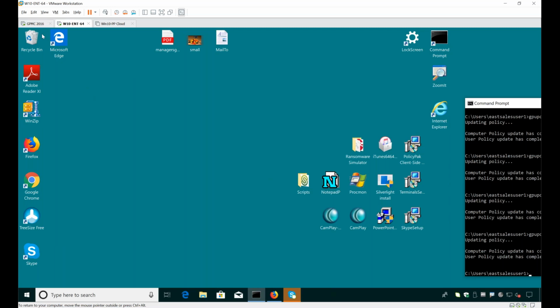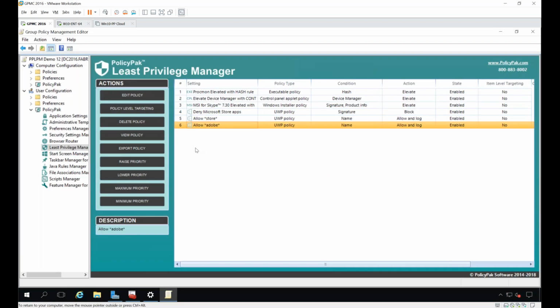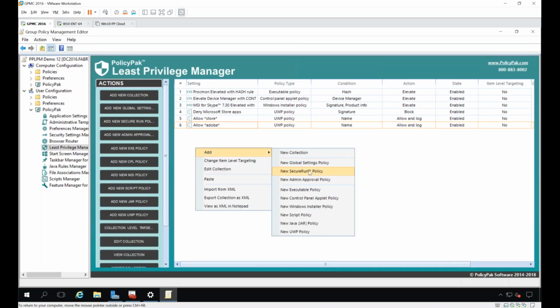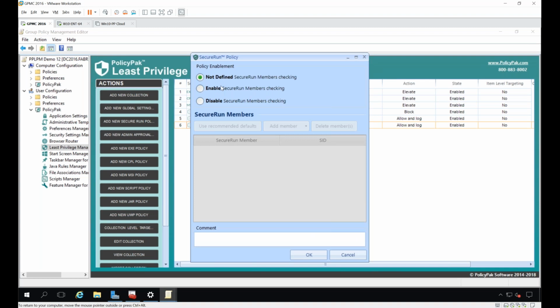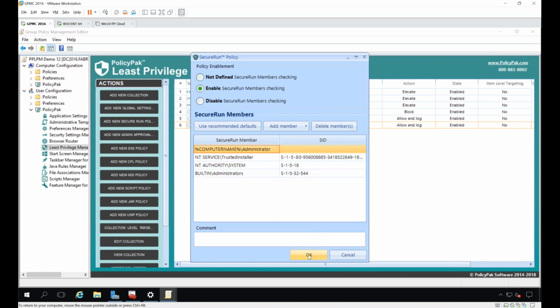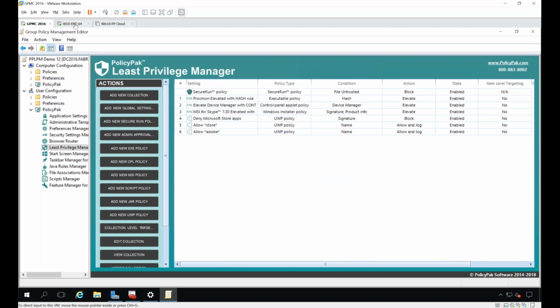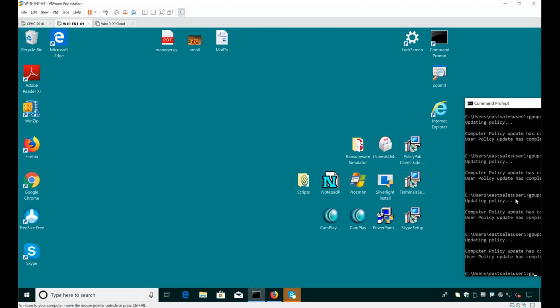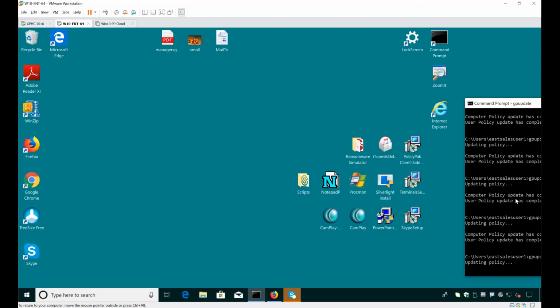Well, I'm going to show you how to do that in about one click, and I promise to explain how it works second. We call this secure run policy here. So I'm going to go ahead and enable secure run policy, and I'll explain how it works in a second. Let me go back over here and run GP update here. All right. And remember, the lash up is all this stuff you install properly because you're the admin.